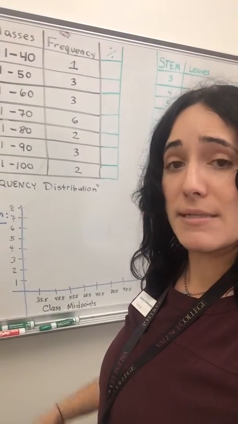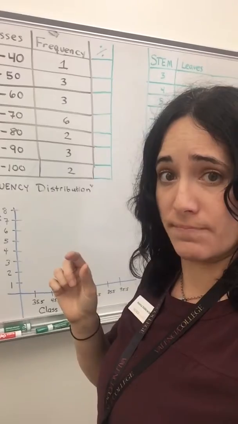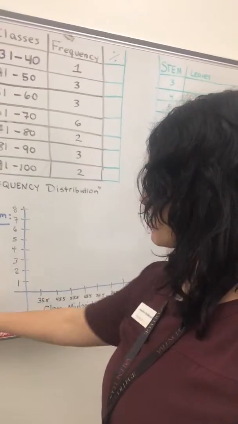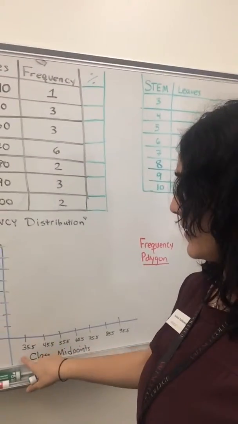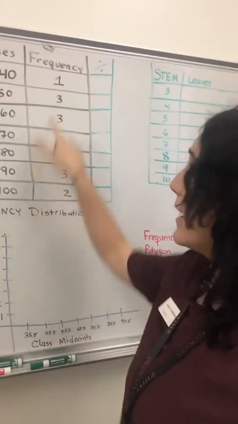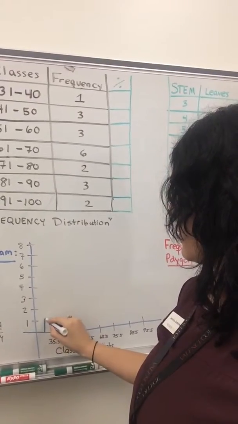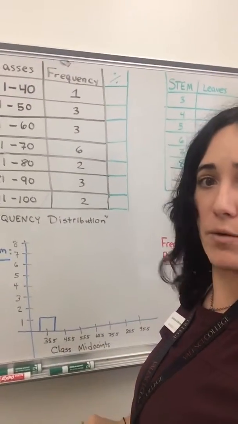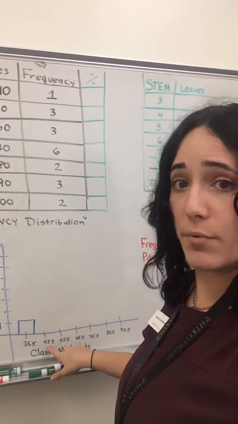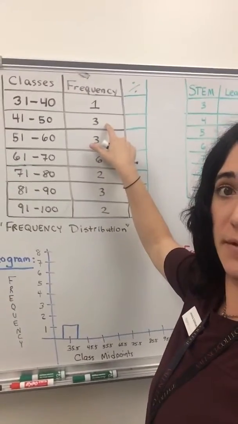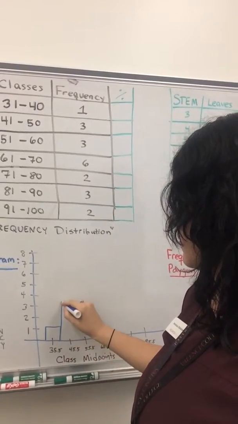Next up, we will create basically a bar graph, but a histogram is special in that each bar must touch. So we begin, and for our first bar, our class midpoint of 35.5 has a frequency of 1. So our first bar has height 1. Our second bar, containing the midpoint 45.5, has a frequency of 3. So our bar touching goes up till 3.